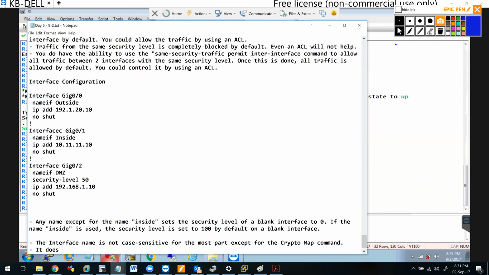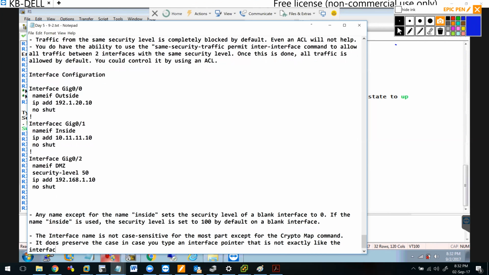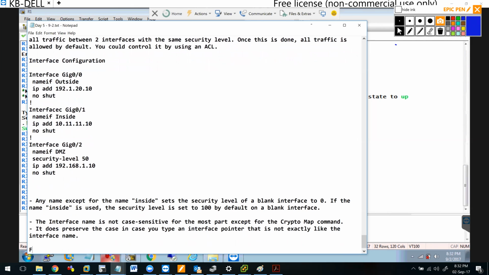It does preserve the case in case you type an interface pointer that is not exactly like the interface name. What do I mean by that? For example, if the name of the interface was